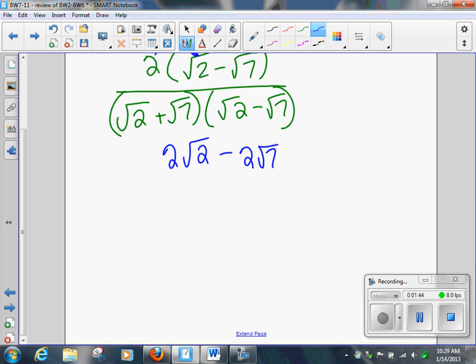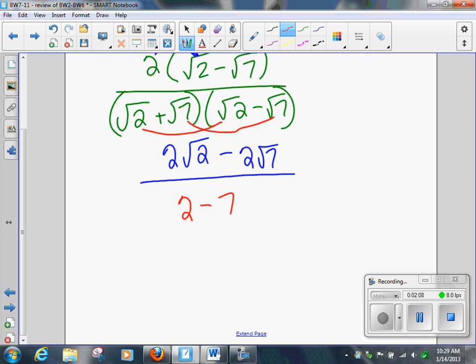Leslie, does that help? Okay. Over, this is where we get to do the shortcut. First and first, last and last. Right on? So root 2 times root 2 is square root of 4, which is actually just plain old 2. Square root of 7 times the square root of 7 is the square root of 49, which is plain old